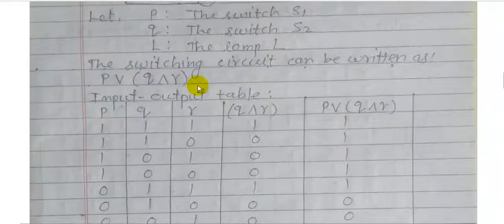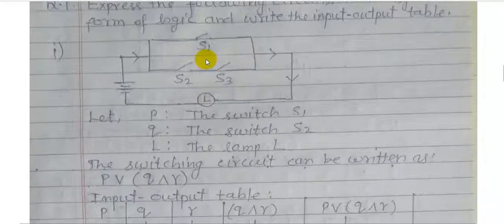Now the symbolic form of the switching circuit. Now see S1, this one. There are 2 branches, so surely they are in parallel. So first we write S1, that is P, and then branch connections, or it is Q and R. They are in series, so we write here Q and R. Okay, because they are in parallel. The main connection is in parallel, but these 2 are in series. So we write here P or Q and R because they are on the same line. So we write in the bracket Q and R.